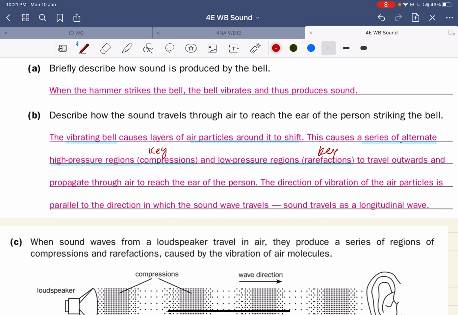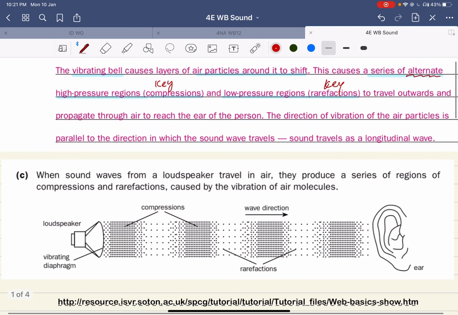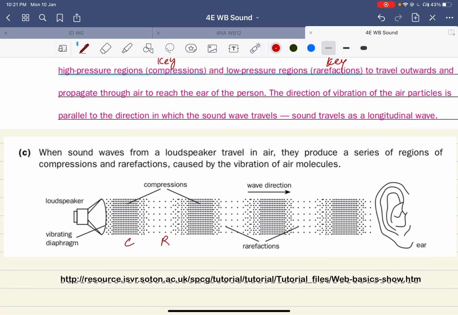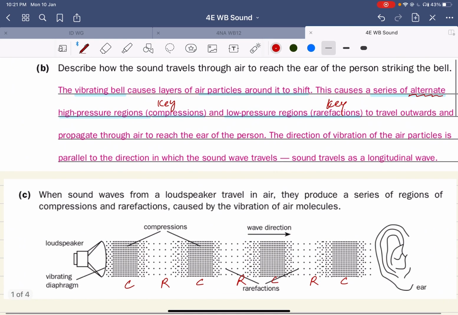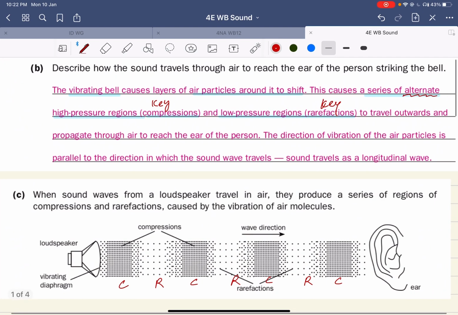And the word alternate here is important also, because we know that compression and rarefaction happen in the pattern of C followed by R, C followed by R, and therefore alternate. So it would not be accurate to just say that it's a series of compressions and rarefactions, because it can be like CCRR, or whatever. And continue, the series of compressions and rarefactions,